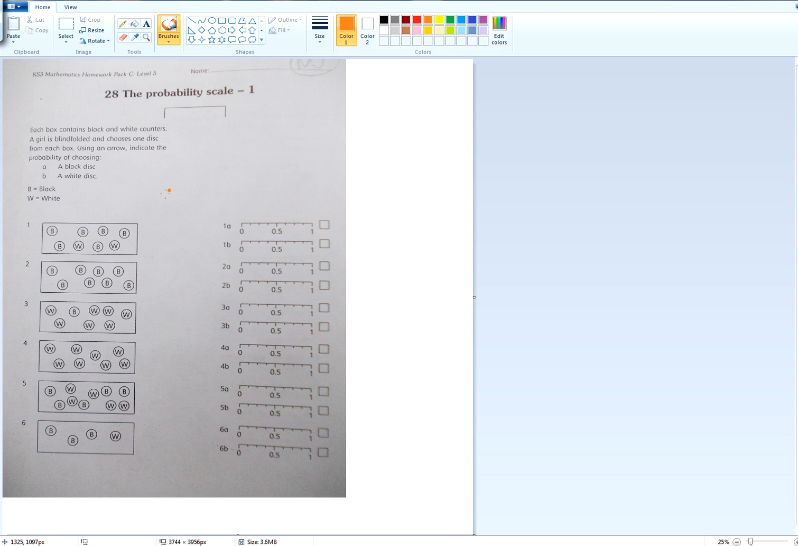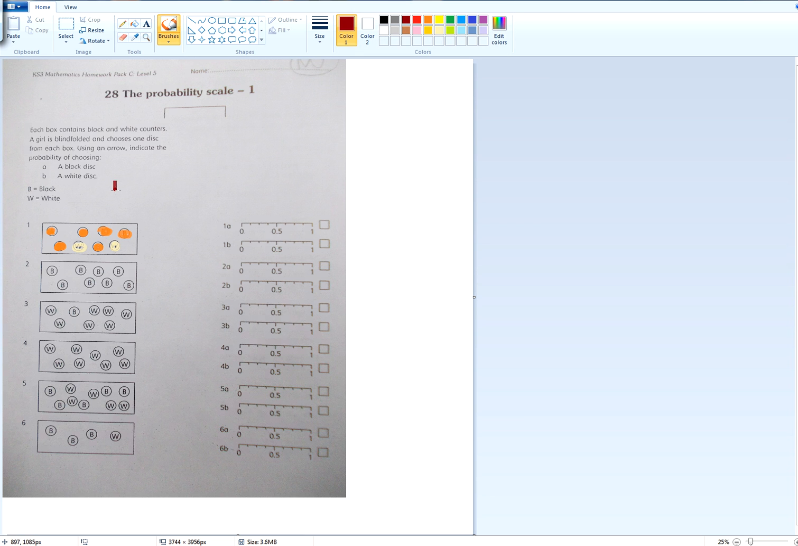Okay, now, black ones, how many black ones do we have? We have 1, 2, 3, 4, 5, and 6. We should choose a slightly lighter color next time. How many white ones do we have? 1 and 2. So if we're going to do our probability,